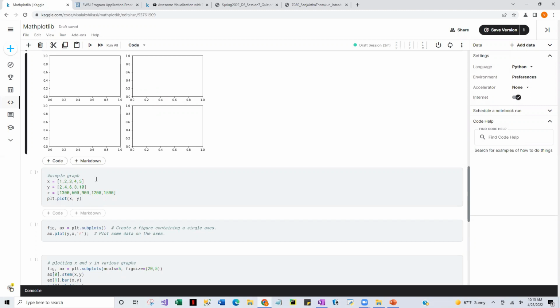I created 3 lists, X, Y, and Z. These are the 3 lists, and I'm going to plot them. For plotting the graph, this is the key. With plt, you are calling the library, and this is the keyword to plot the graph. You are passing the variables X and Y here. When you pass X and Y, we are not defining the figure or anything. It is just